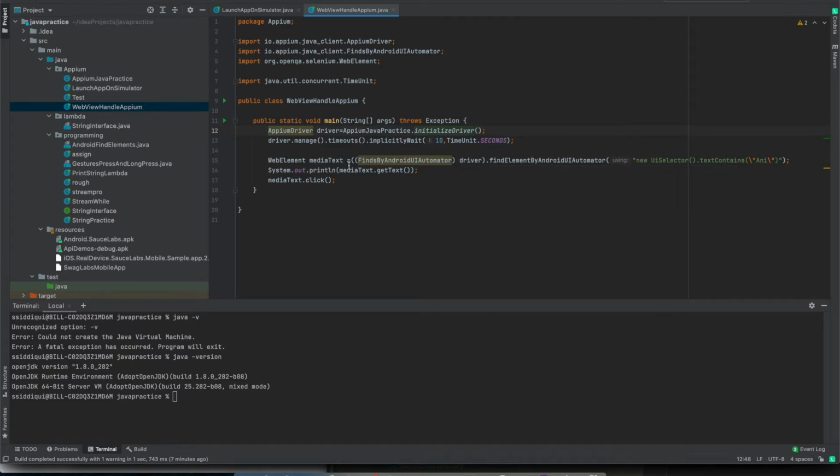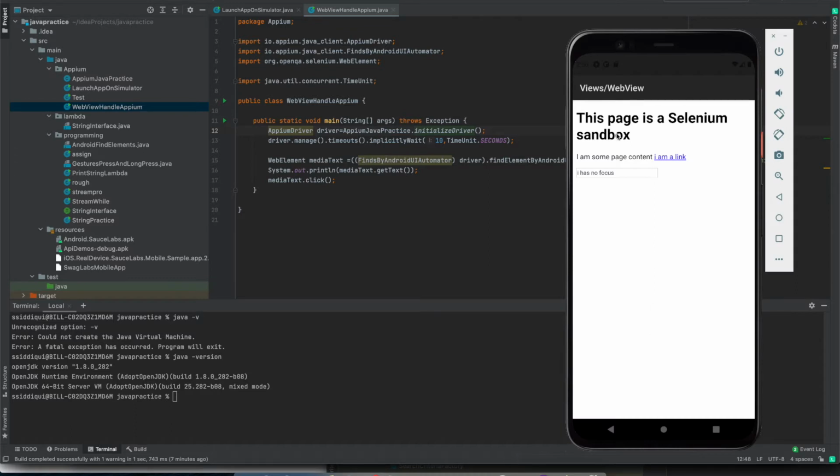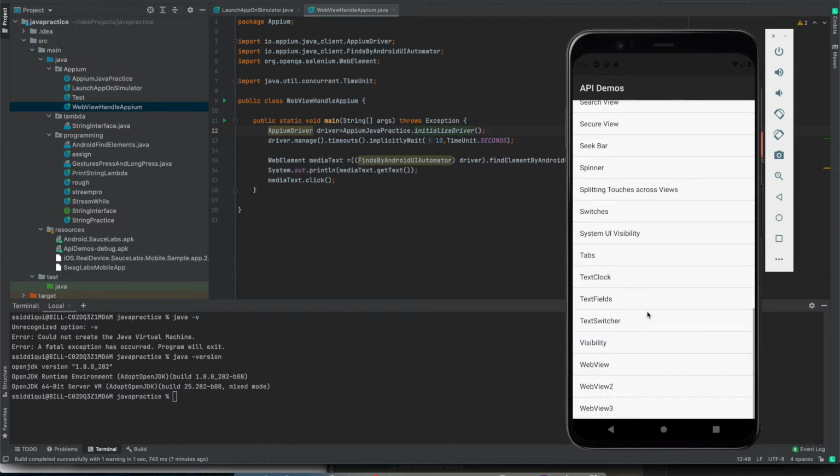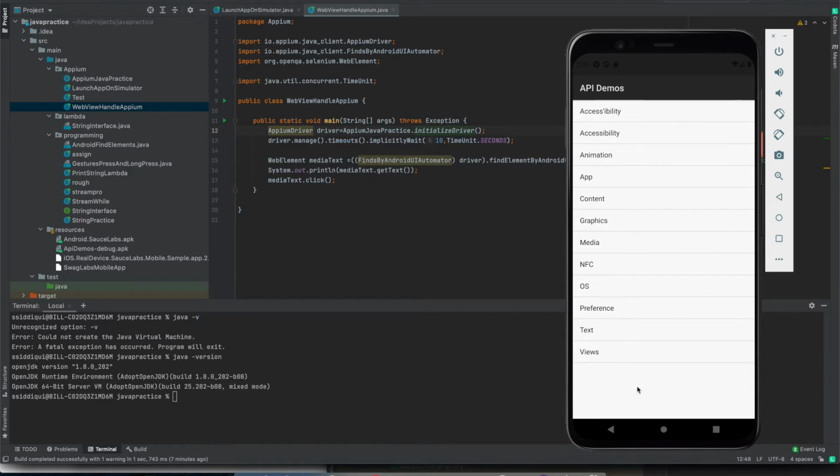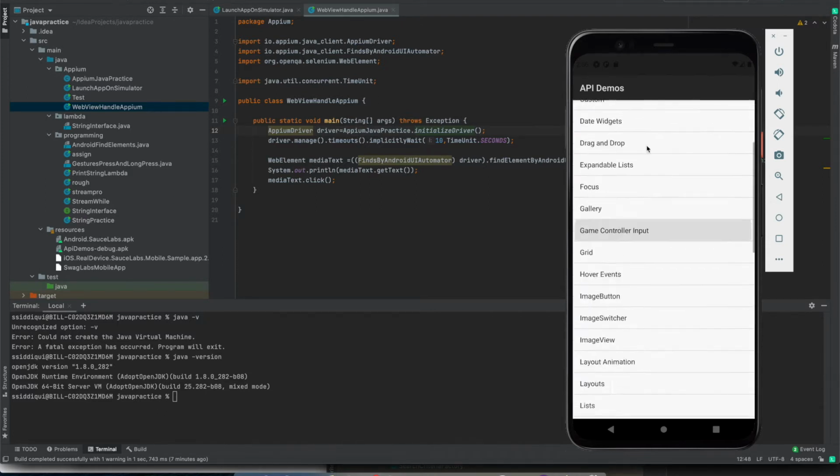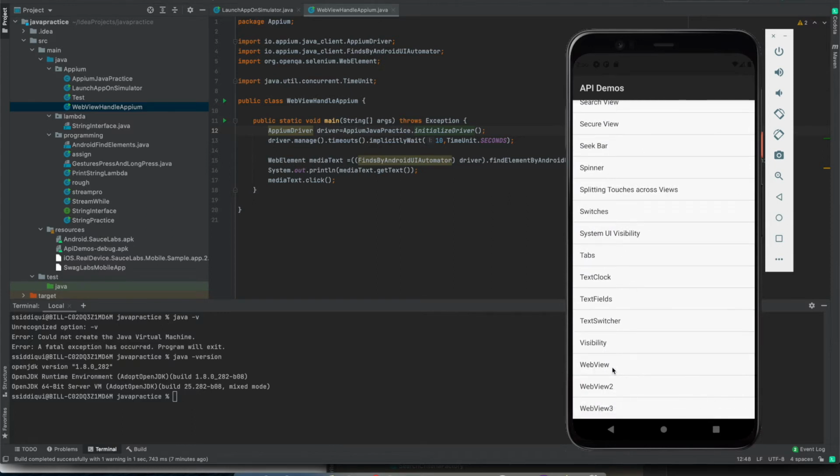Now I don't really need this because I need to interact with other elements. So we already know how we can find an element using UI Automator viewer, right? So if I go back, I need to find the element for these views first, and then I need to find the element for this web view.